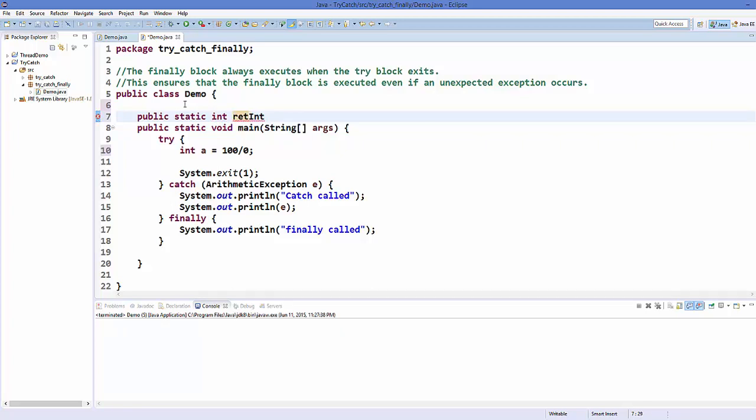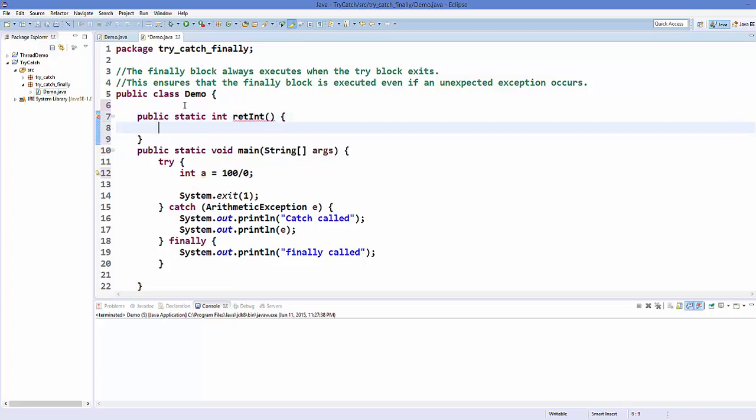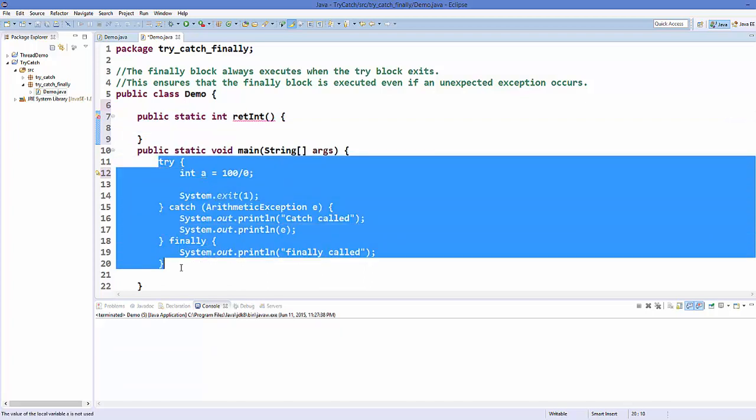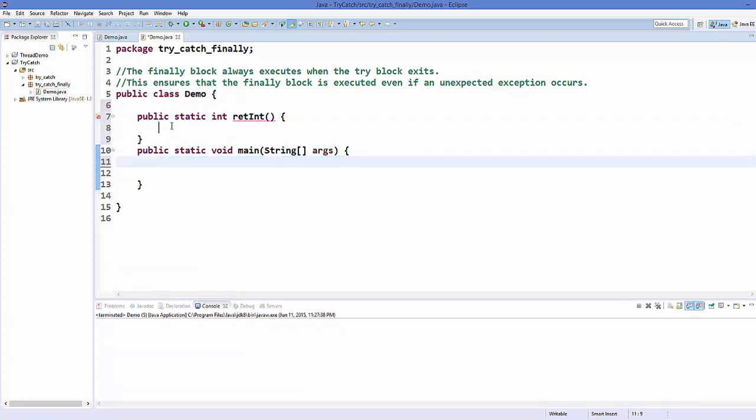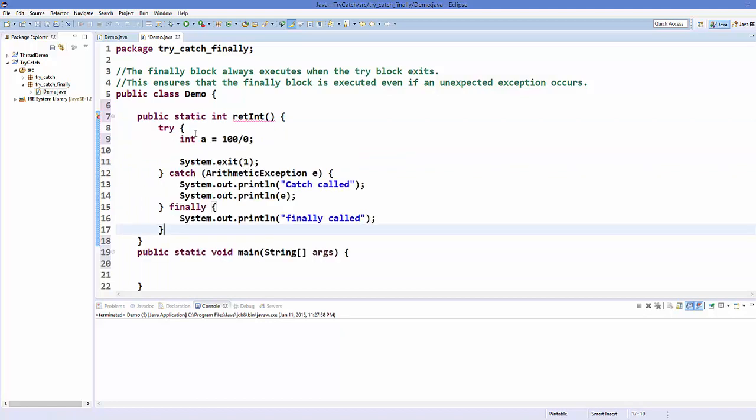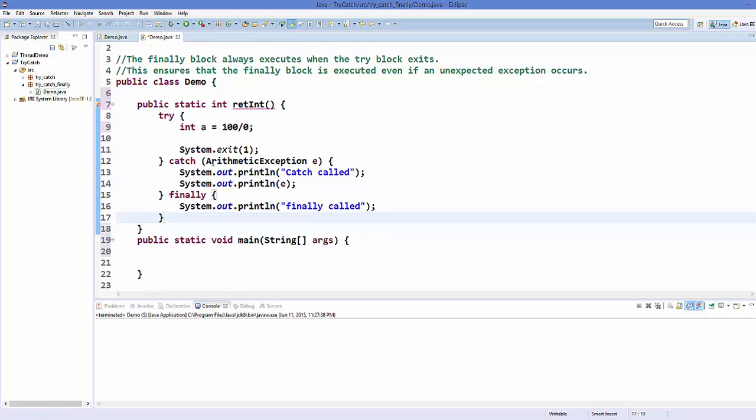Let's say this method only returns an integer. Inside this I'm just going to copy and cut this code which I have in the main and paste it here. And at the last, I want to return some integer. So for example, I want to return the value of a, right?